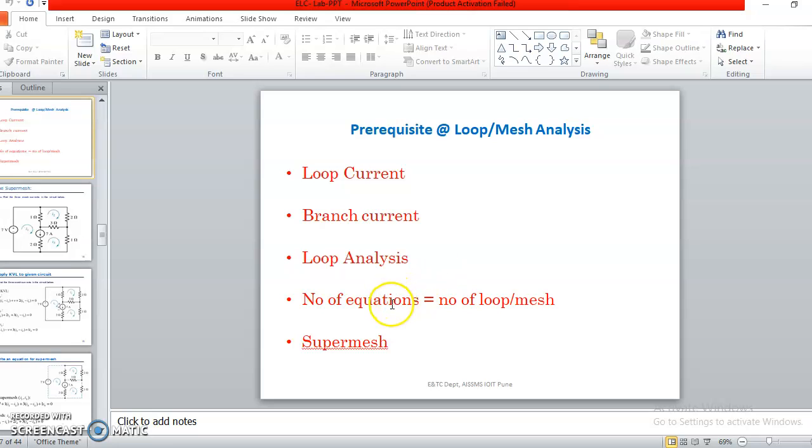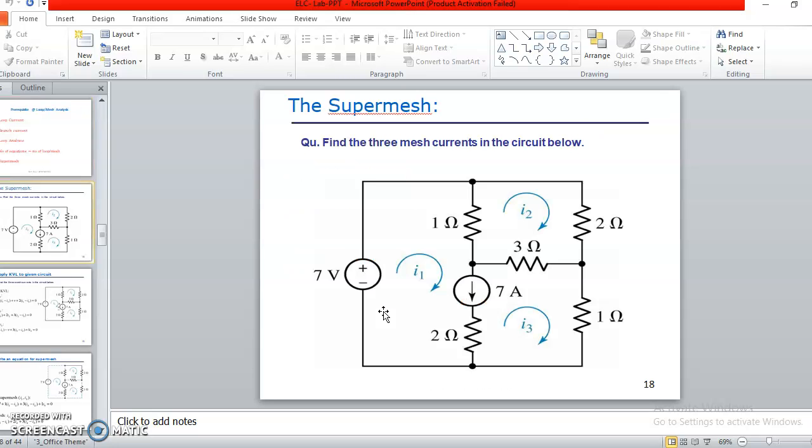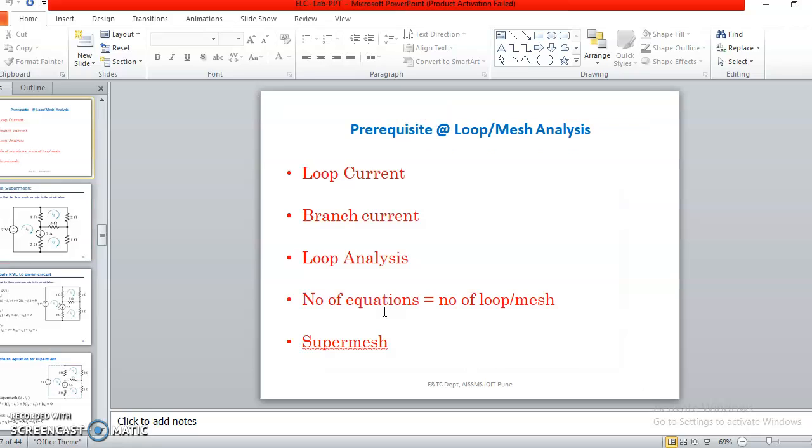The most important question is how many equations we have to write. For mesh analysis, the number of equations should equal the number of loops. According to this diagram, if we can define 3 loops, then we write 3 equations and solve those 3 simultaneous equations.